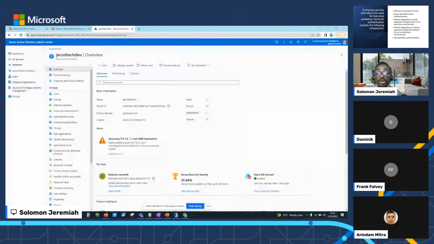Okay, I think my screen is up now. They have a mixture of both on-premises and cloud applications, and users need to sign in to access these applications. But now, when we are talking about the self-service password reset, if you have users that are on cloud, and then we have synced users, when you try to set this up in your Azure Active Directory, the users you have on-prem, when you do the password reset, it doesn't sync back to the Azure Active Directory, because